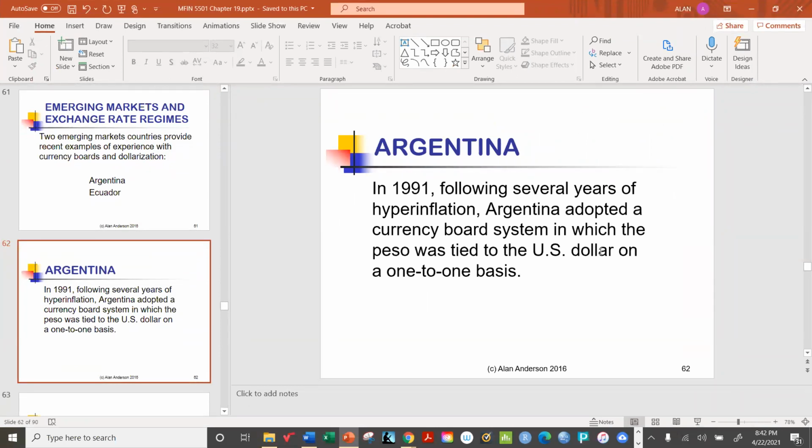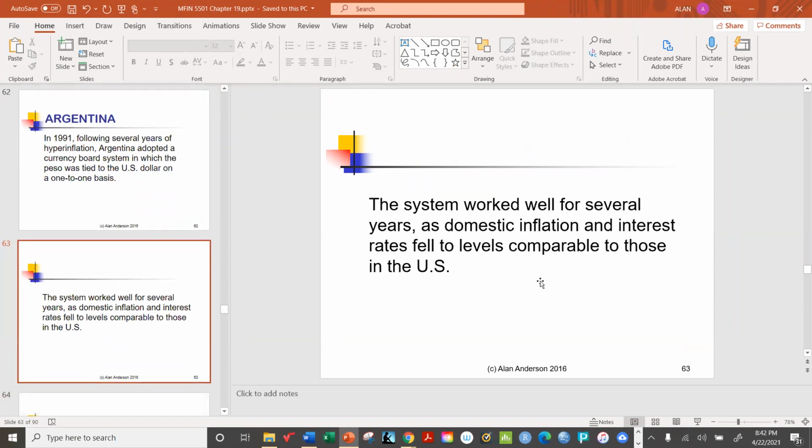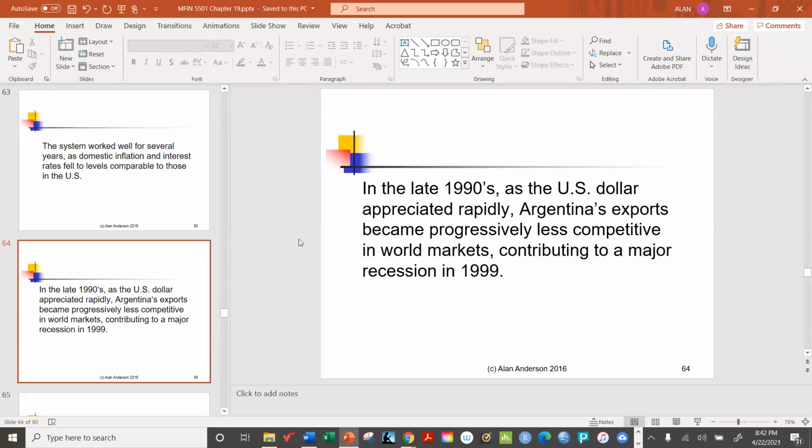After many years of hyperinflation, Argentina adopted their currency board system, in which the peso was tied to the U.S. dollar on a one-to-one basis, and that meant the pesos were fully redeemable for dollars, and it did work for a while. Inflation did fall, interest rates fell, and for a while it appeared to be a very good system. But of course, we know what happened to it. The dollar kept getting stronger and stronger. Argentina's exports became less competitive, and there was a major recession in South America in 1999,